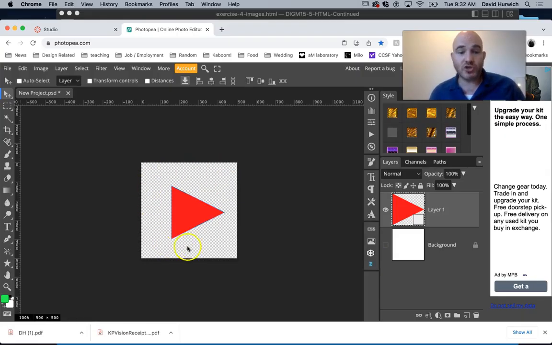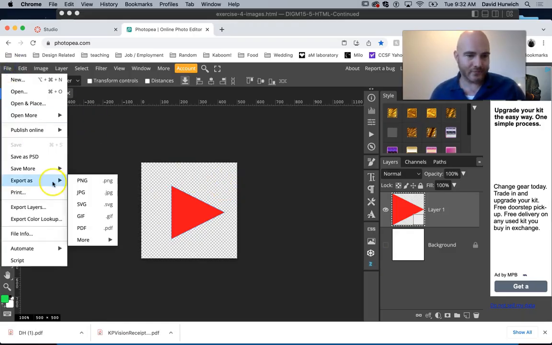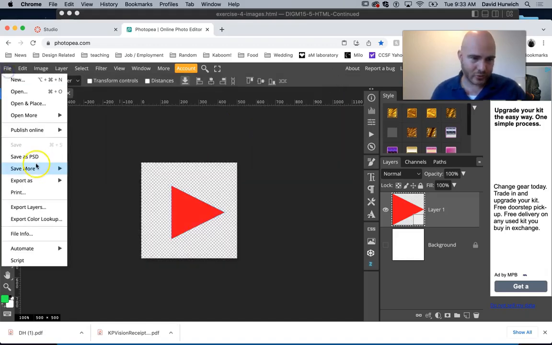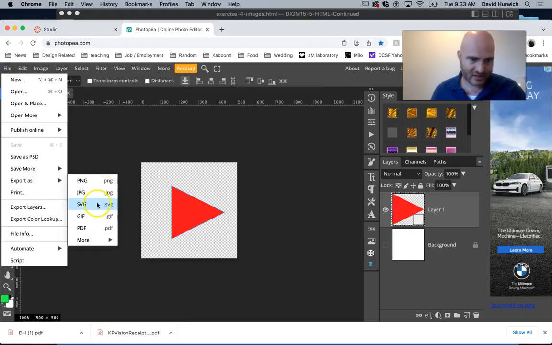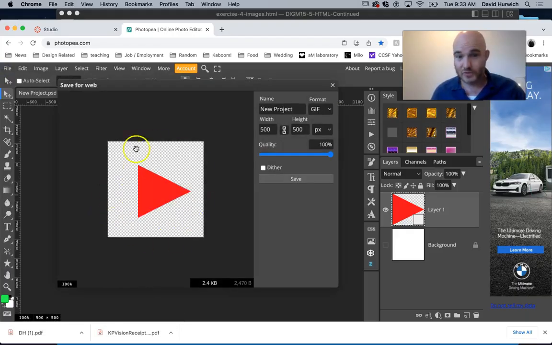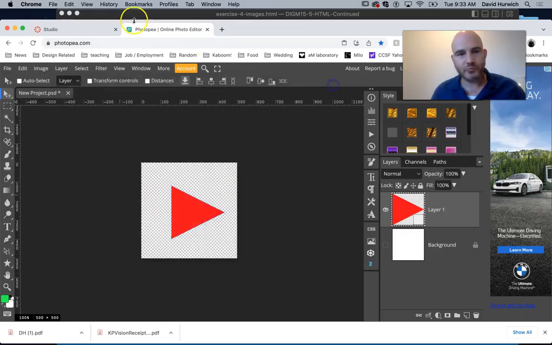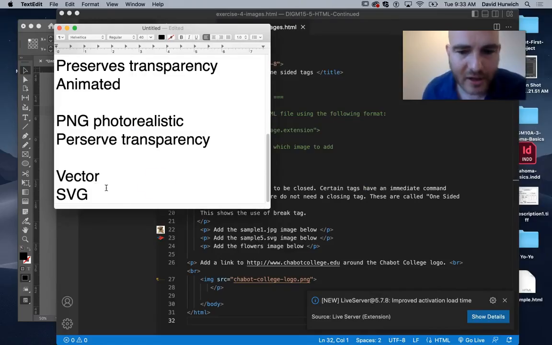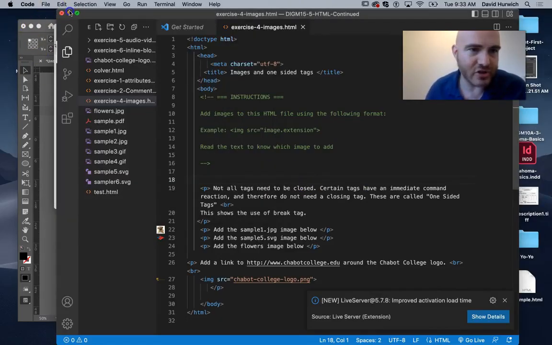If you wanted to preserve this when you bring it to a web page, it would have to be saved as either a PNG or a GIF file. JPEGs don't understand the concept of a transparent pixel, so if you exported this as a JPEG, see how it actually fills it in with a color? Typically it'll be white, okay? Whereas if I was to export this as a GIF, see how it preserves that now? Okay. So those are just some general things to keep in mind when deciding on the images you want to use